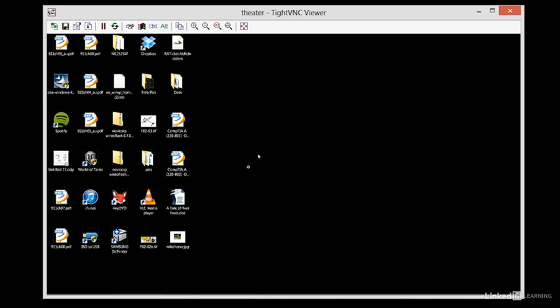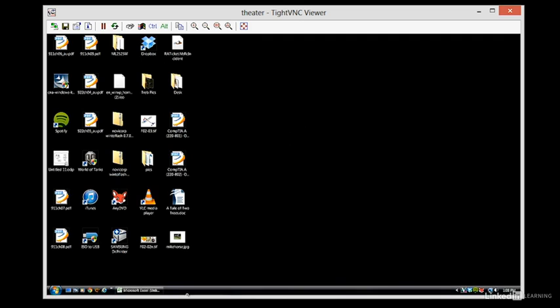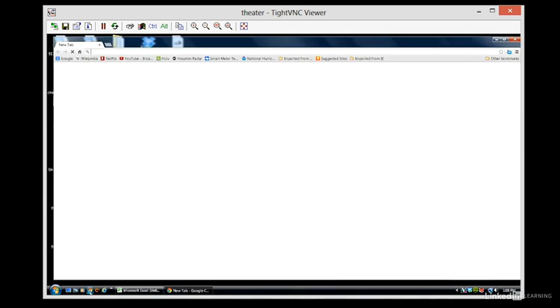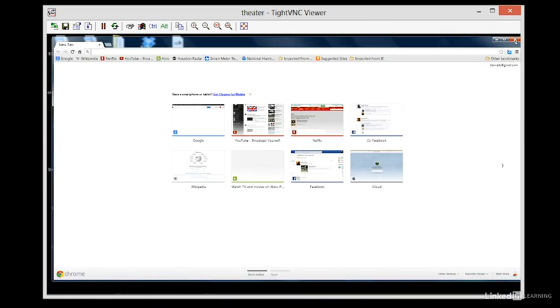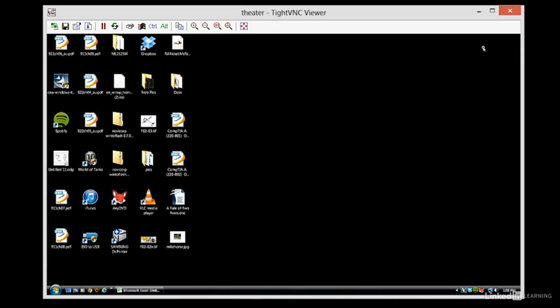Now the fun part about all this is that we literally are on that remote box right now. So if I want to do anything, I can just jump right in there as though I was on that remote system. So that's TightVNC. I love TightVNC. It's free, it works well, it's easy to use. In fact, it's so simple to use that it's actually shocking. Now the other tool I want to show you